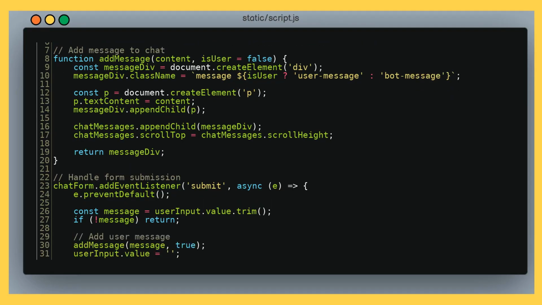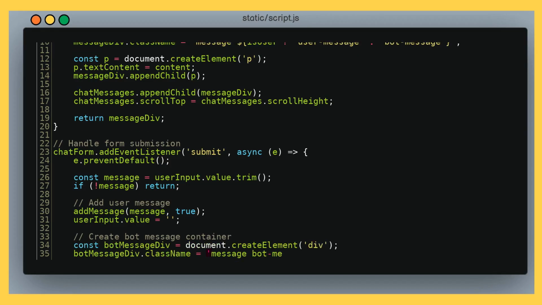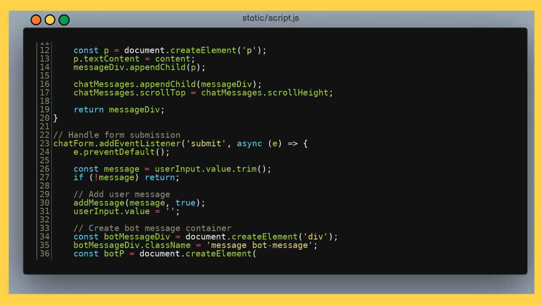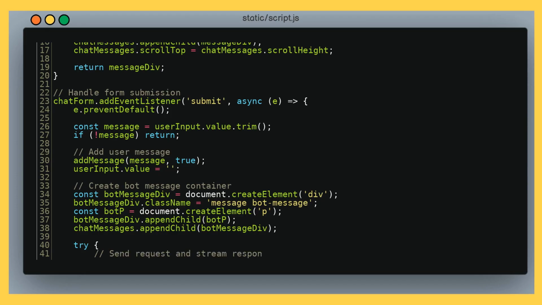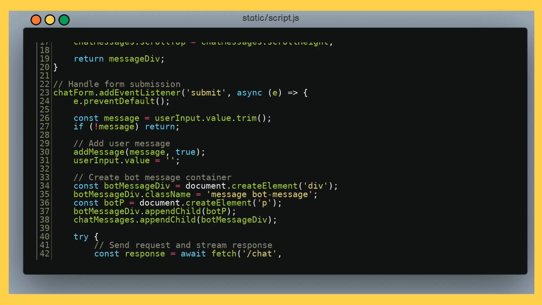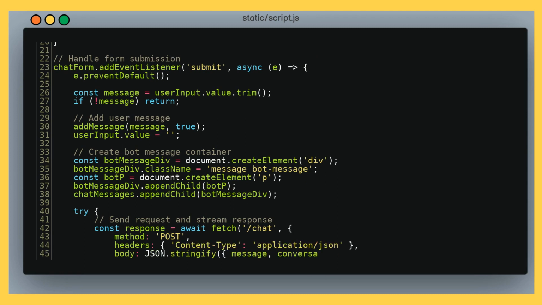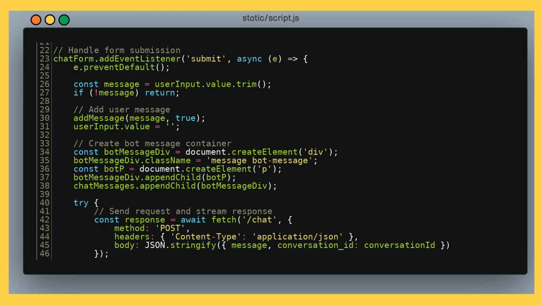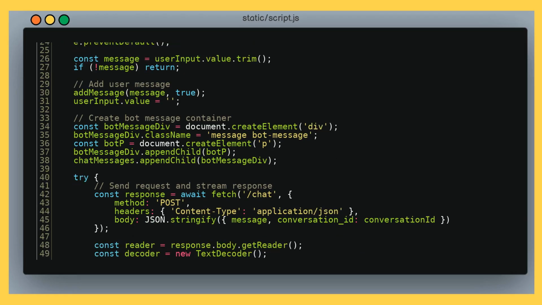Form submit listener prevents default, trims input, adds user message via add message, clears input, creates empty bot message container, fetches /chat endpoint with POST, sends message and conversation ID as JSON, gets response body reader and text decoder, reads stream in while loop, decodes chunks, splits by new line, parses lines starting with data, extracts content from JSON, appends